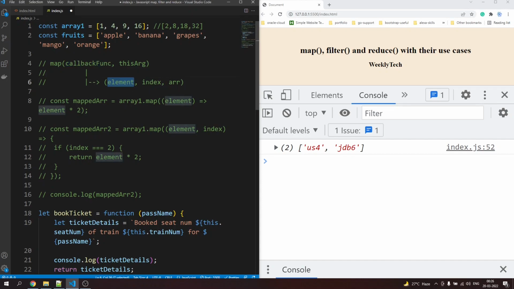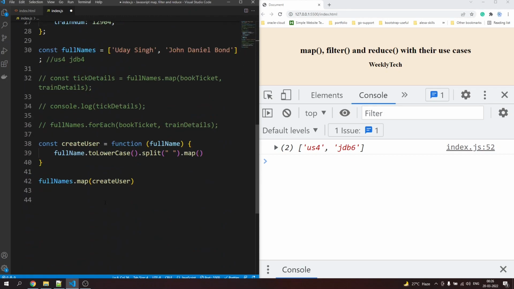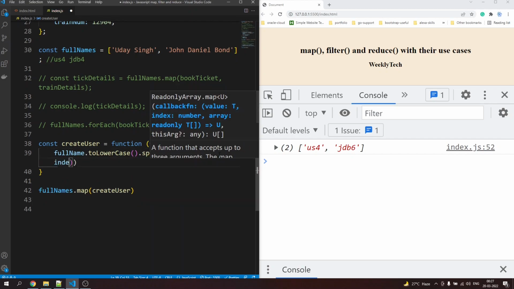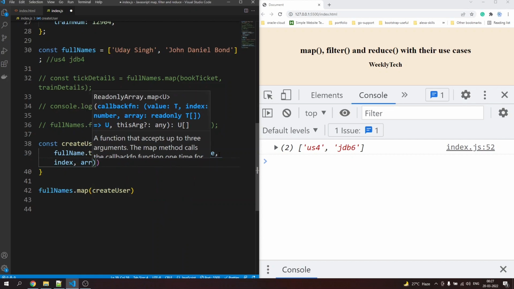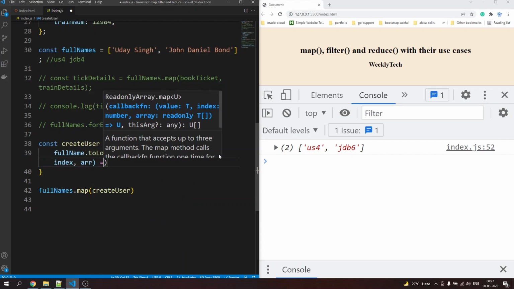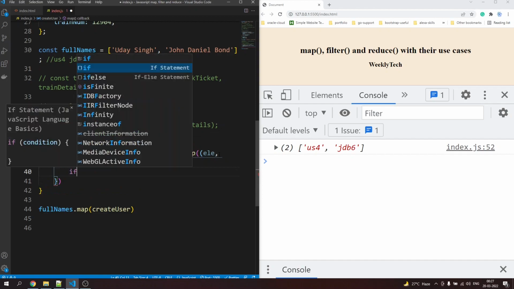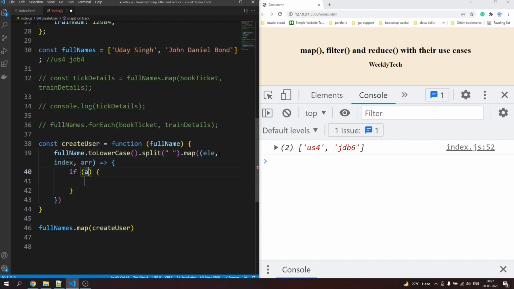First one is the element, then the index, and the array itself, and we are interested in all 3 of them, so we'll capture them. So it will be element, then index, and then the array itself. And I will use an if condition here. So if arr dot length is equal to